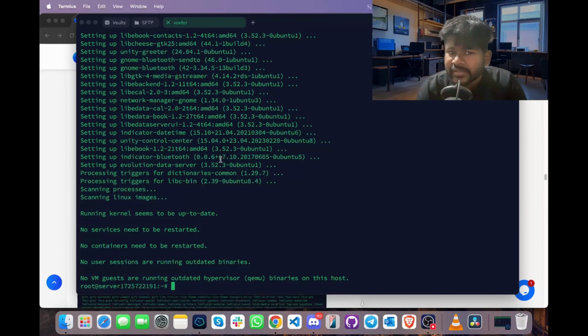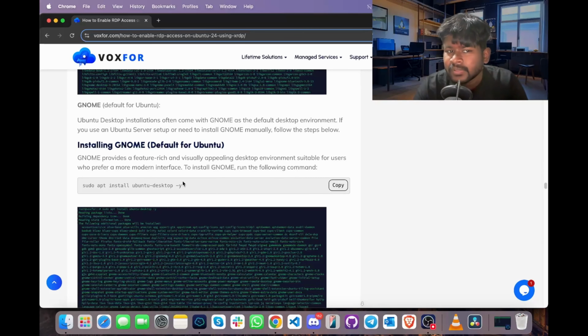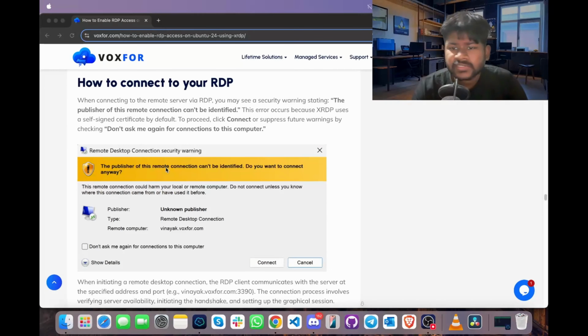It can take some time depending on the operating system or hardware you are having. Once it is done, go ahead and install GNOME, which is default for Ubuntu. But since we have already installed XFCE, we don't need to do it. Since we have installed XFCE in our system, now we will go ahead and connect to our desktop